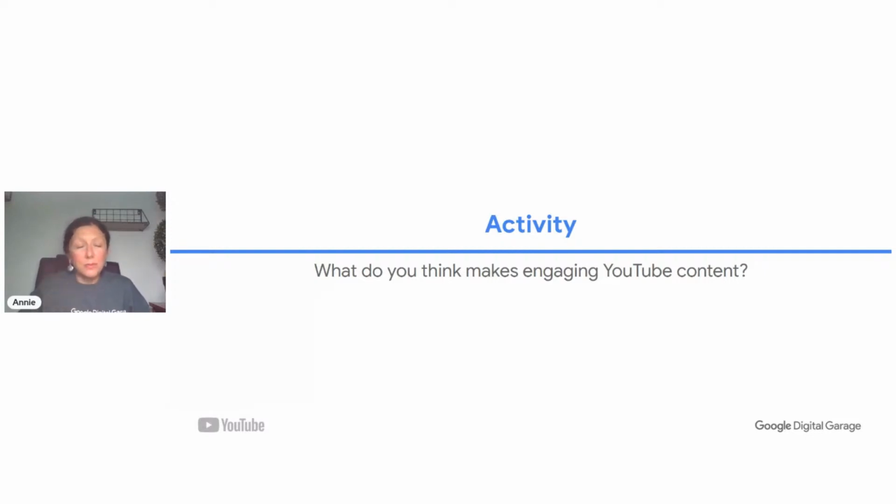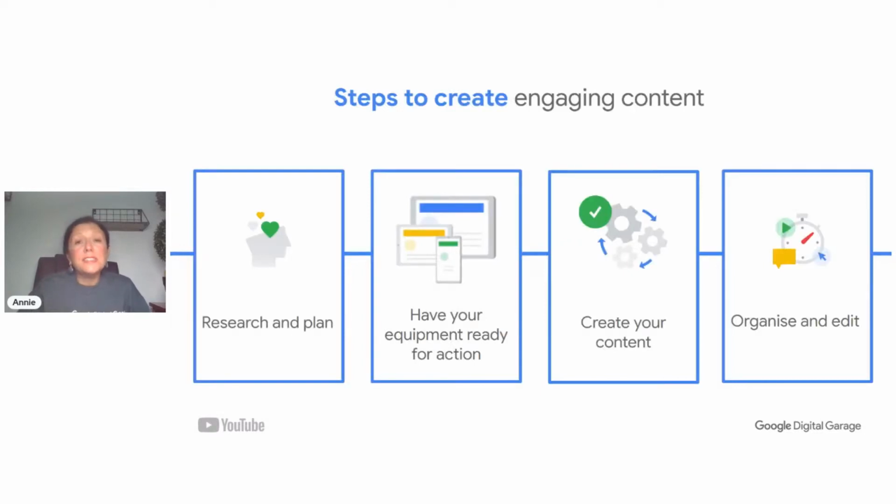So the great thing is there's some simple and some really effective ways of getting that content out to the audience that we have in mind. So the first thing is that research and planning stage. We're going to go through each of these parts in a bit more detail. But research and planning, as Amy says, at the moment, it's kind of looking at getting a routine and process in place. So research and planning can really assist us with that. So it will give us a strong foundation for engaging that content. So the steps that we're already looking at in terms of who we're speaking to, what and why, will really help. And then researching that a bit further will continue to do so.